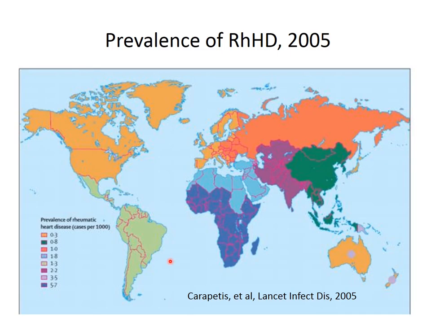In 2005, shown on this slide, the WHO area of the Middle East showed a prevalence of 1 to 8 cases per thousand having rheumatic heart disease. In Egypt at that time, it was probably between 5 and 6 cases per thousand, although there are no real statistics coming out of our country to show this.